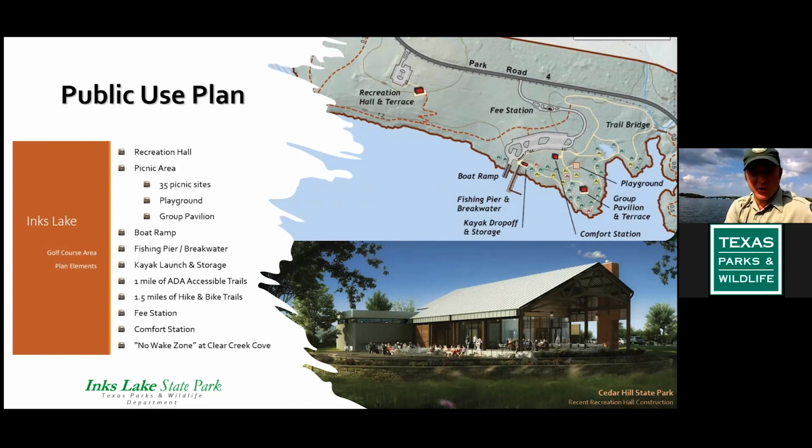And the picture on the bottom is a drawing of the rec hall for Cedar Hill State Park. And that's kind of what ours is going to be based or designed off of. That isn't the final plans, but that is what we liked and are looking to achieve with our rec hall,